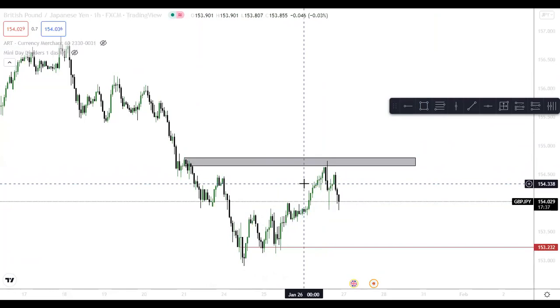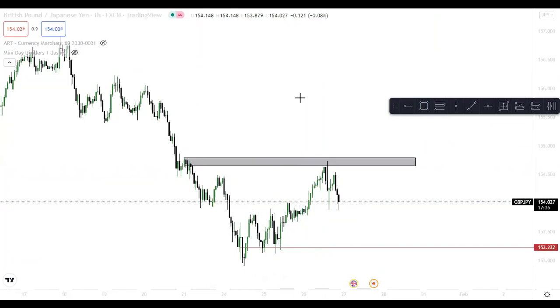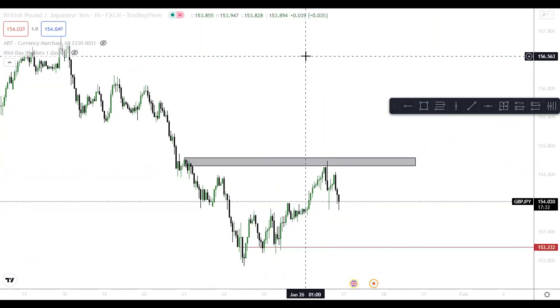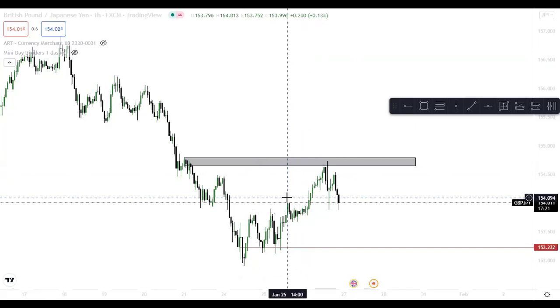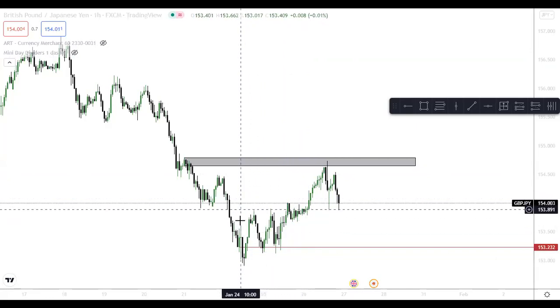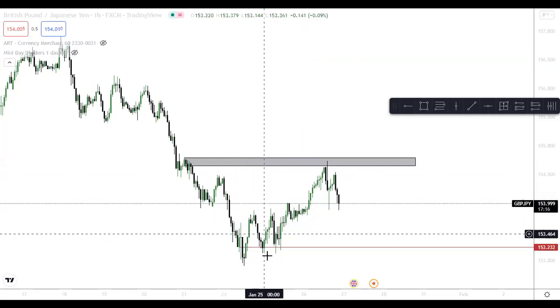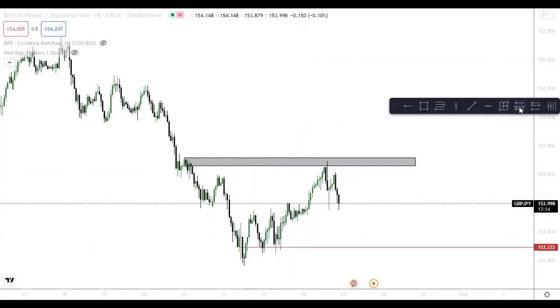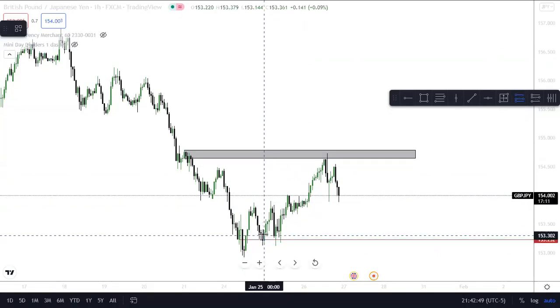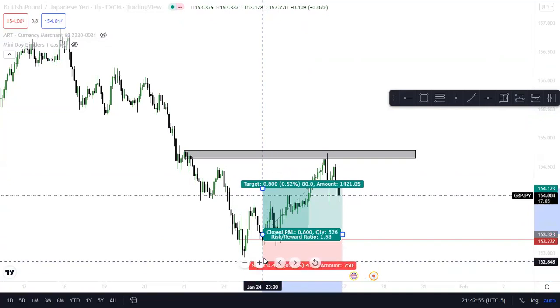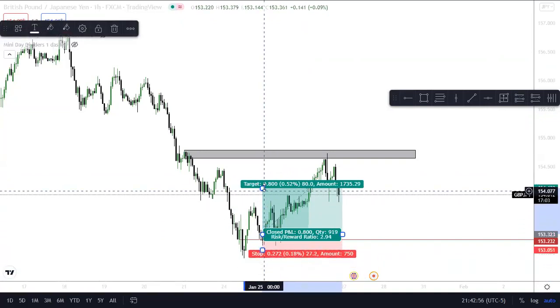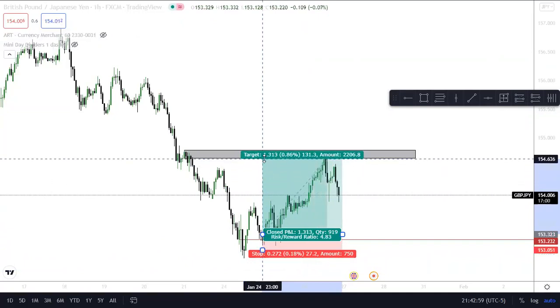So without doing anything, without trying to force your will on the market, trying to predict anything, all we're going to do is manage the risk around these points. Literally, nothing else. So when price breaks above here and comes back to this point, if we're going long, then let's assume that we entered off this order block right here. Our stop loss is going below the low, and our targets are going at the low of the order block